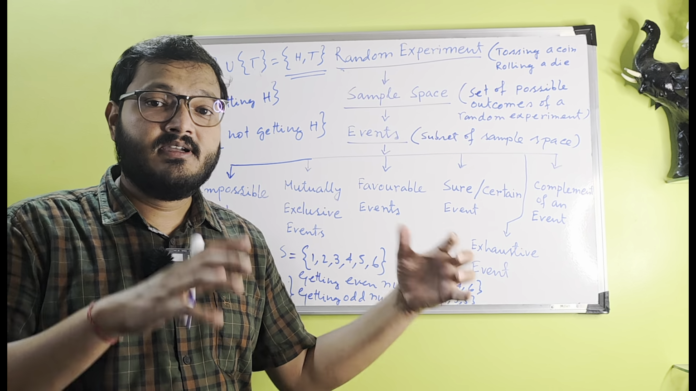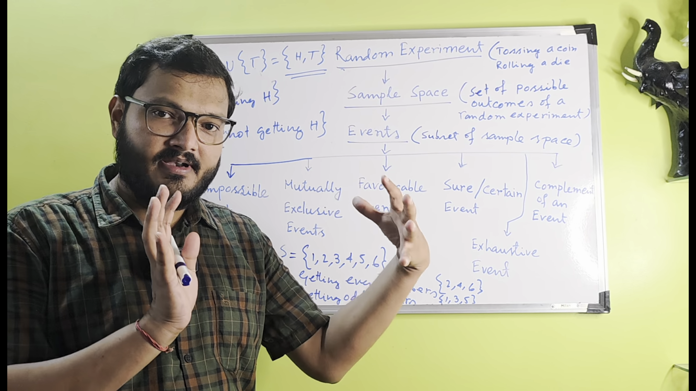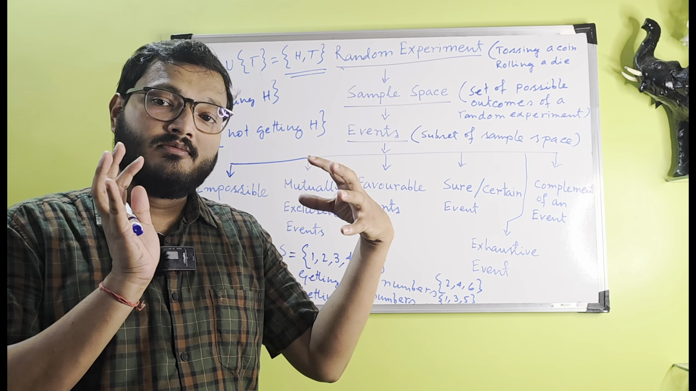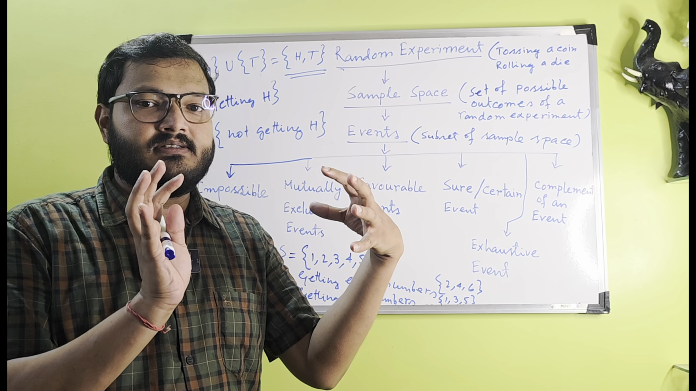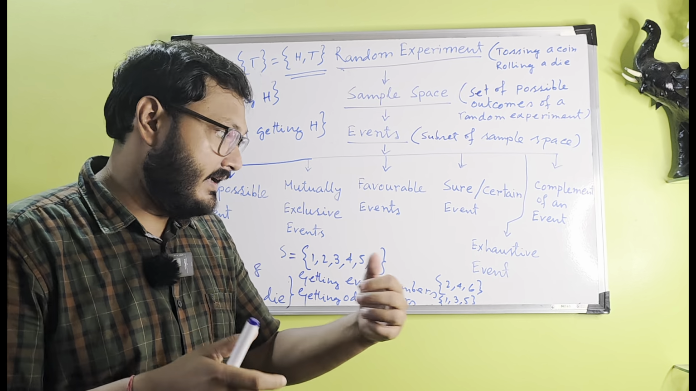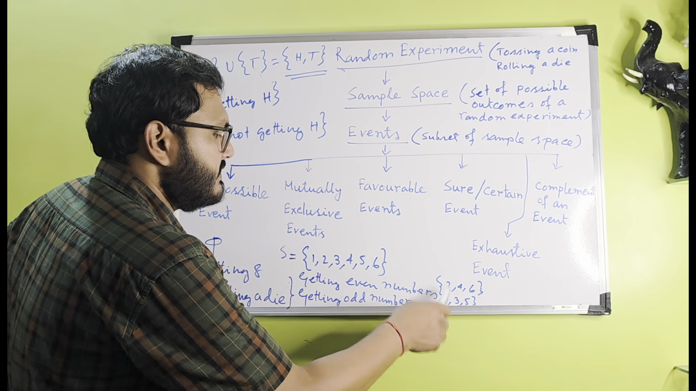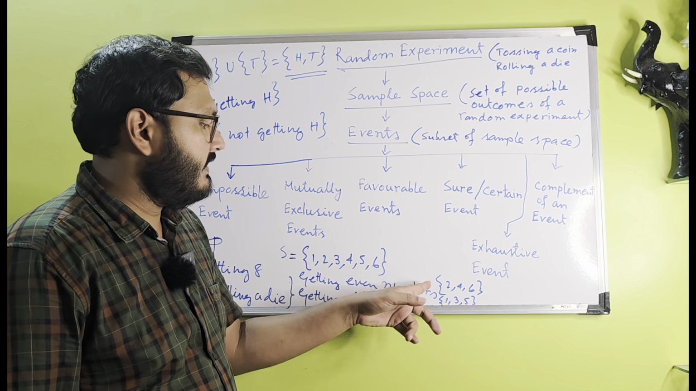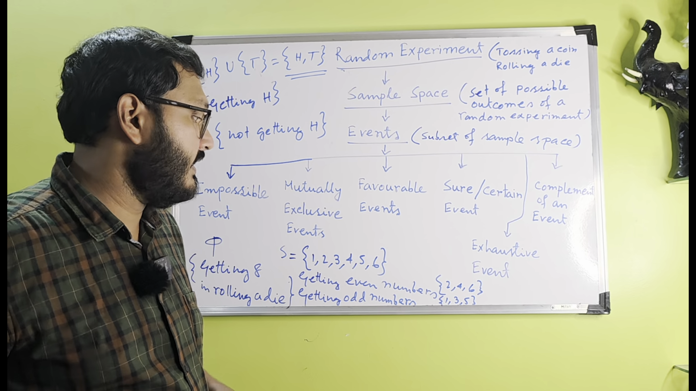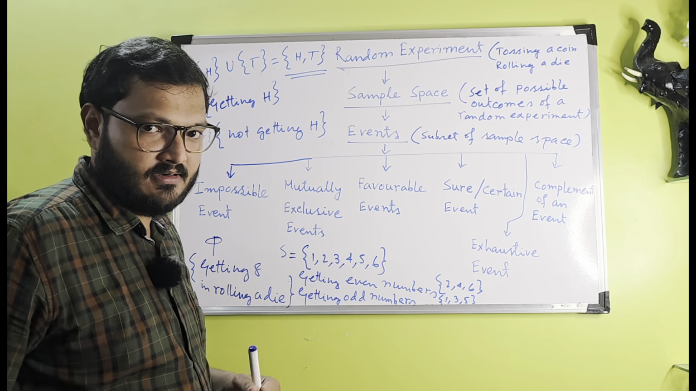Exhaustive events means the events whose union makes the sample space. That is called exhaustive. They are exhaustive events. Like in these two examples you take: getting even numbers and getting odd numbers. Okay, if I make their union,